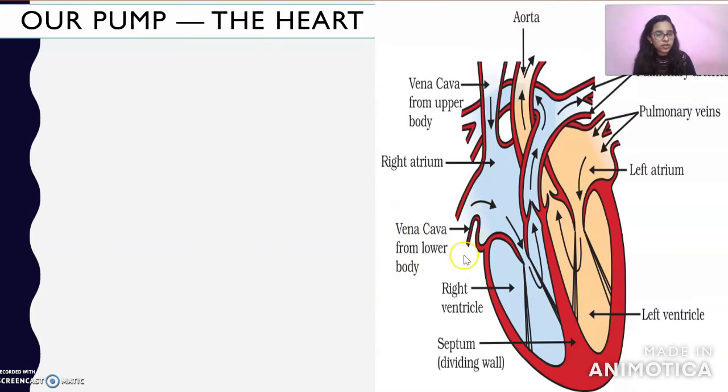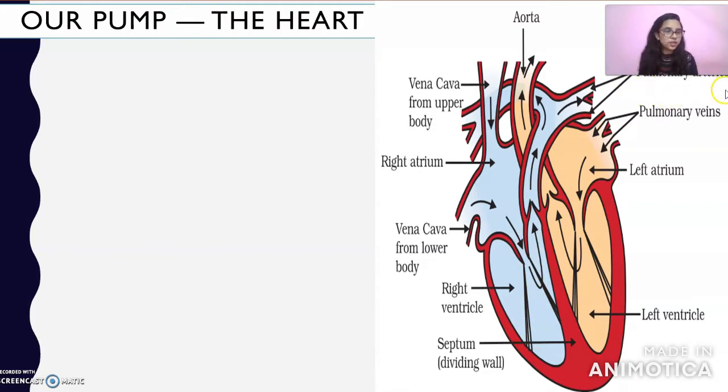This is the lower vena cava, which is taking deoxygenated blood from the lower body, and the upper vena cava is taking deoxygenated blood from the upper body, and then the blood is entering into the right atrium. Then afterwards the deoxygenated blood goes to the right ventricle, and then it is supplied to the lungs